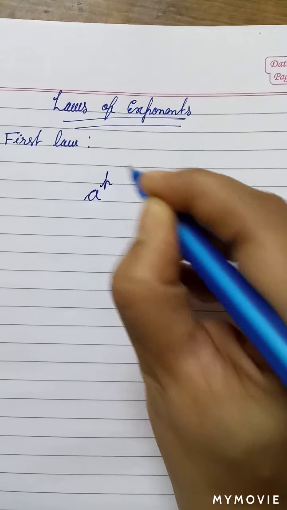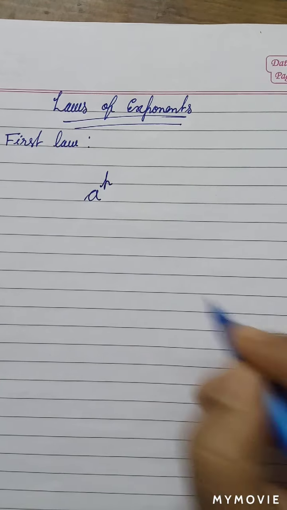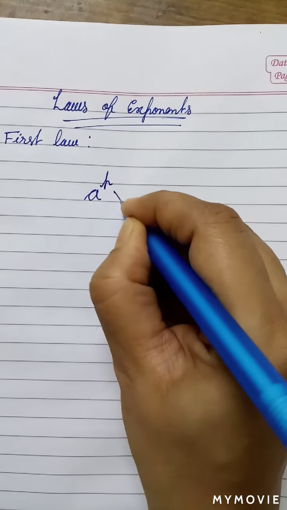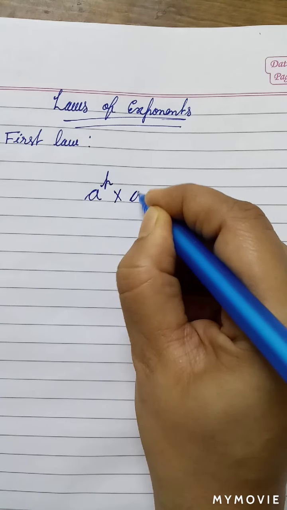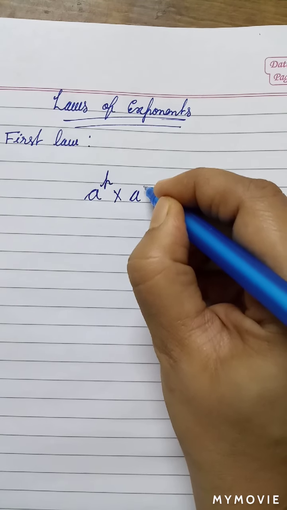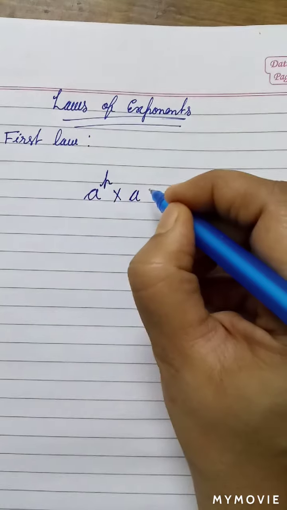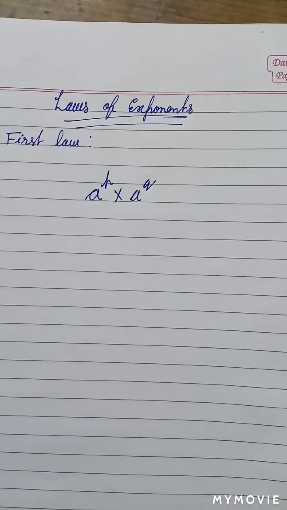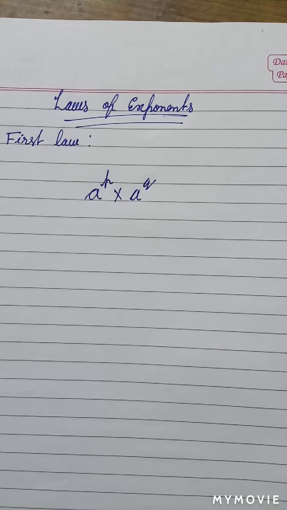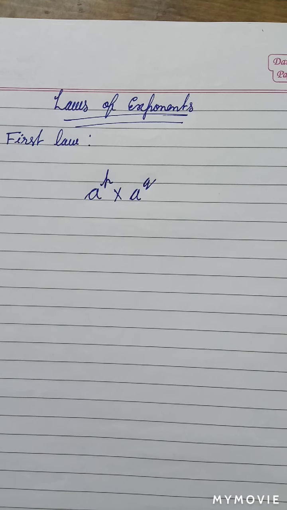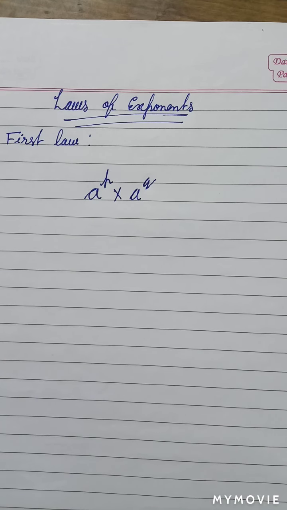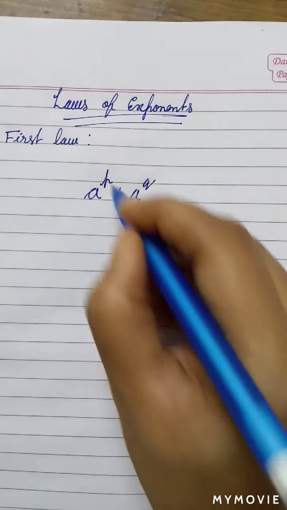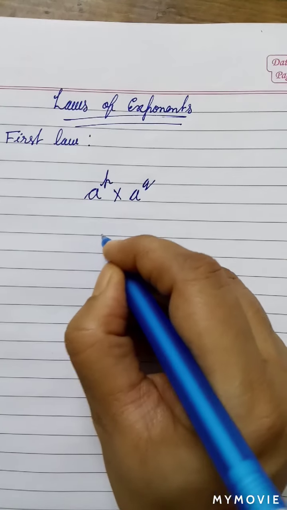p is an integer, then if we multiply by a, which is again the same rational number, and q is an integer, in this case p and q are exponents. So let's start again. If a is a rational number and p and q are integers and we are multiplying them, in that case,